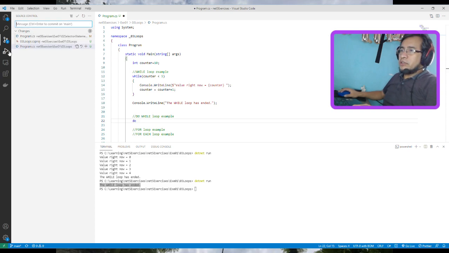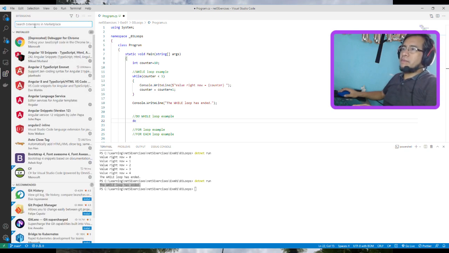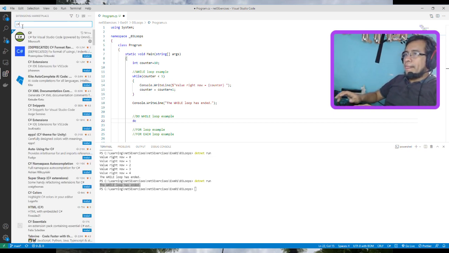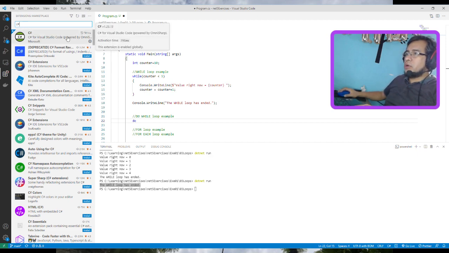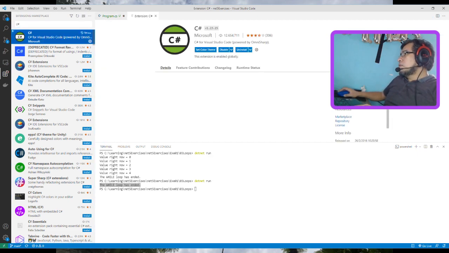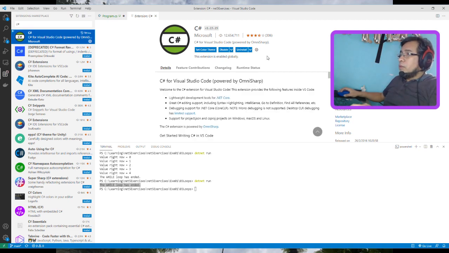For these extensions, it's this option, the one that has kind of bricks. You have C#. You just have to write C#, and on the first one, C# for Visual Studio Code. Right now, September 17th, it's version 1.23.15,